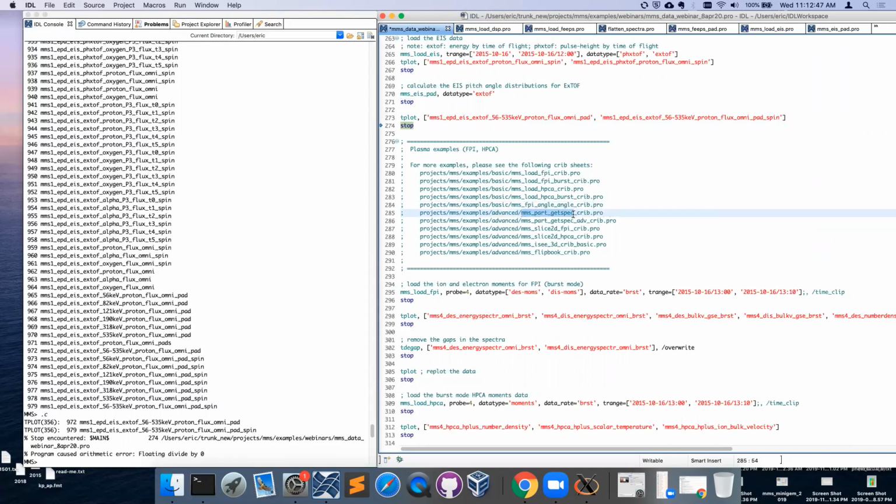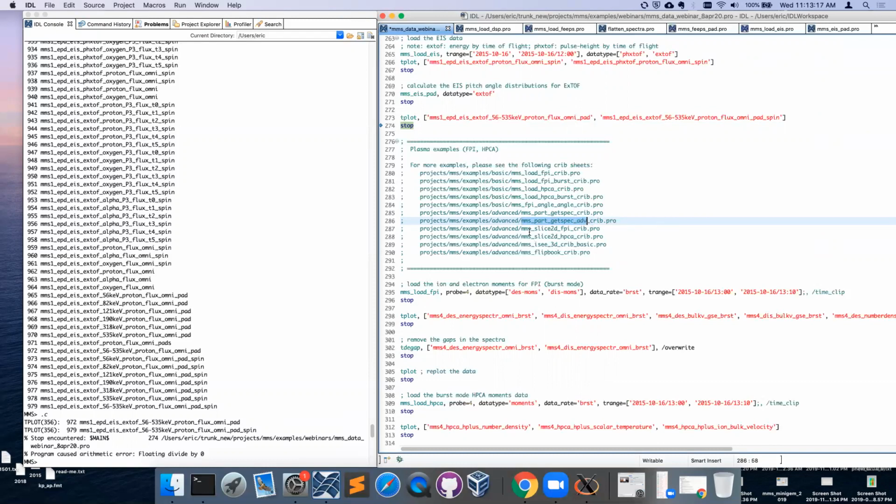And then there's MMS part get spec, which allows you to take the distribution function and calculate the energy spectrograms, gyrophase spectrograms, pitch angle distributions, as well as moments directly from the distribution function. And that allows you to do it with FPI and HPCA. There's also an advanced crib for that with more advanced